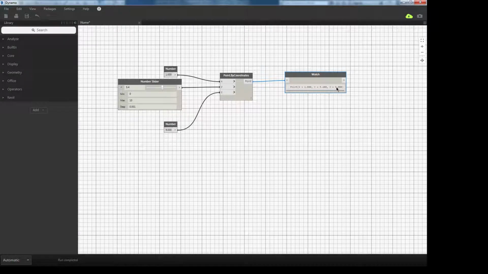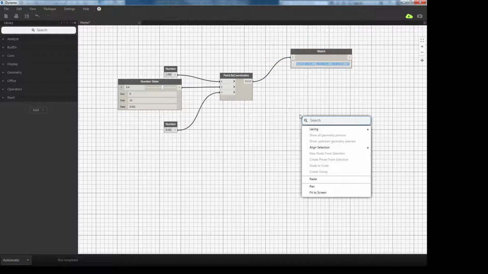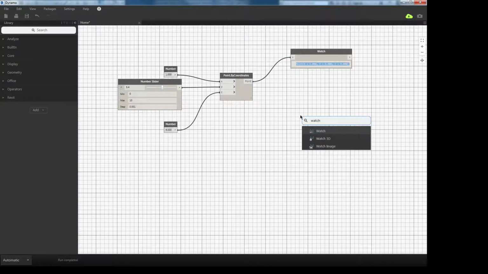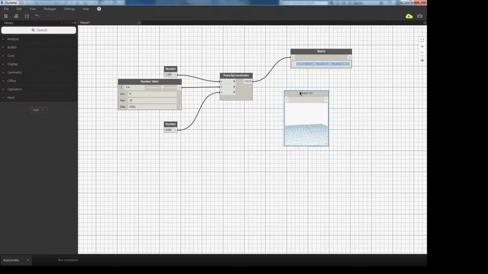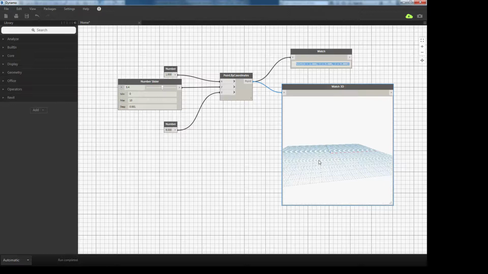When you're dealing with lists and more complicated trees of data, the watch tool is something you will always put in to see what you're actually dealing with and how to get stuff out of it the way you want. There's one more node called watch 2D that is very similar to my background graphic. So you will just put this in, and then it will let you go around and see your point,